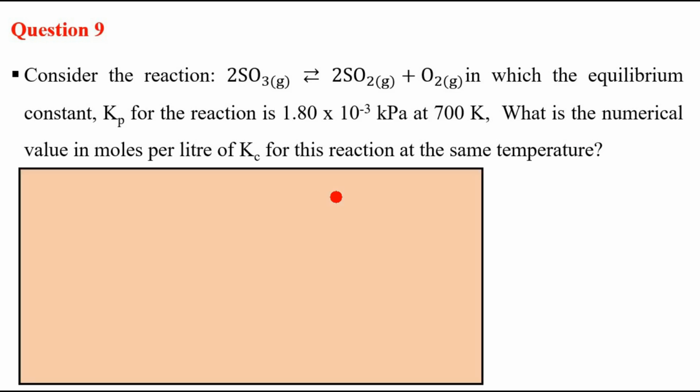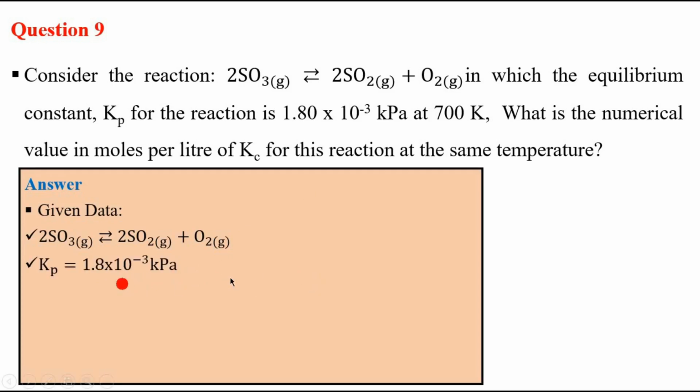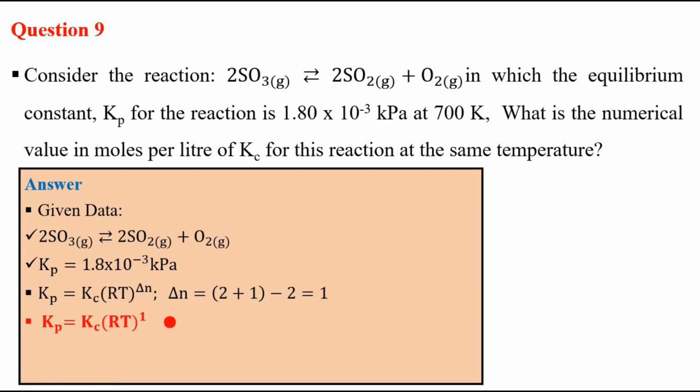So we have here the equation, and here we have the Kp. This is the Kp that we have. The Kp was given, but they are asking for the Kc. So Kp is equal to Kc, and the change in number of moles is 2 plus 1, that means 3, minus 2, that means we have 1. That means Kp is equal to Kc times (RT) to the power 1. Now we can replace the values. The only unknown that we have is Kc, because the gas constant we know, the